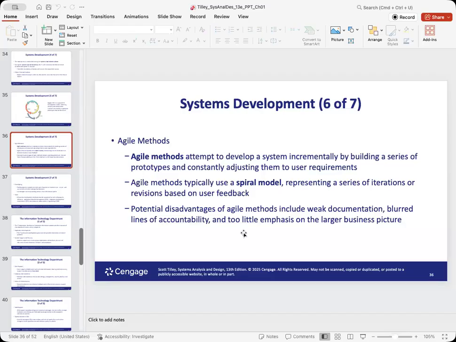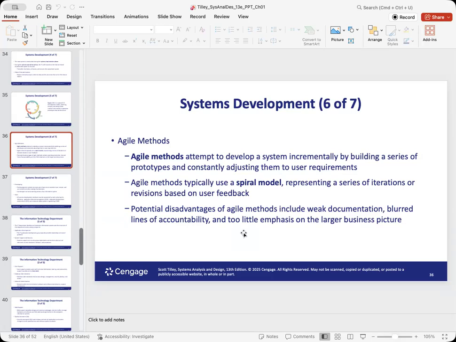Let's first design the user interface. And then after the user interface, let us add, let's say, the contact section. And then after the contact section, let us add